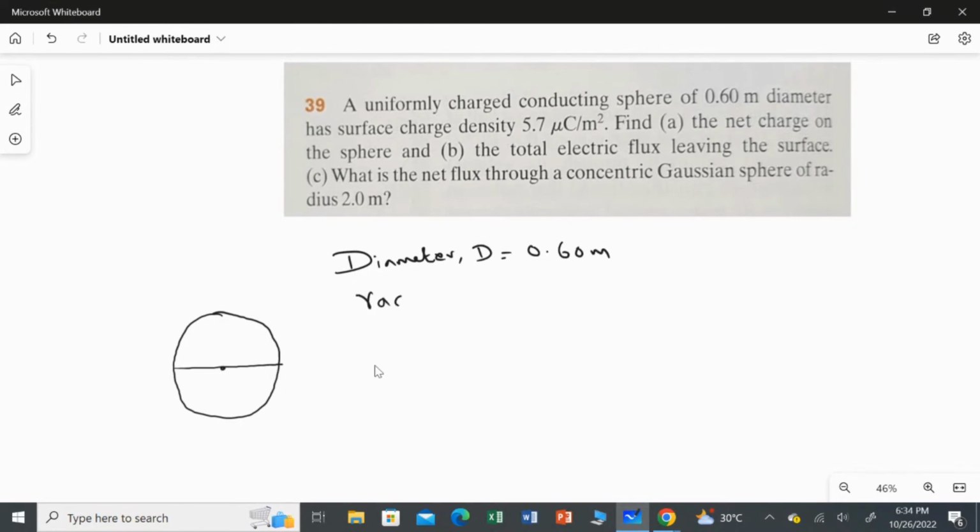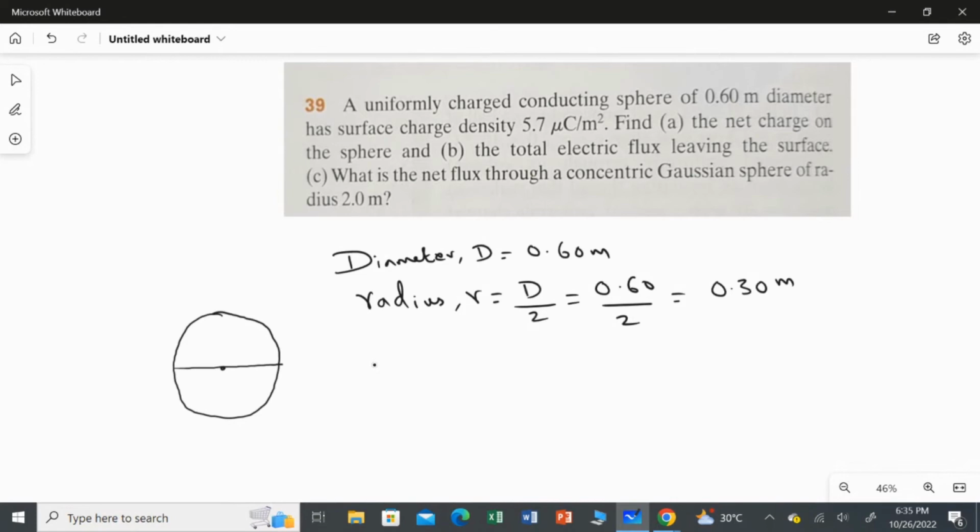So now I'm going to find the radius. The formula for radius R is equal to the diameter divided by 2, which is 0.60 divided by 2, which gives you the answer of 0.30 meter. Clear? Okay. So you have a conducting sphere and the charges are distributed uniformly,